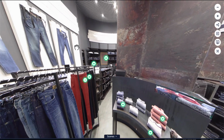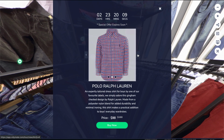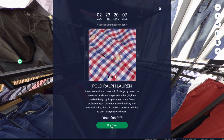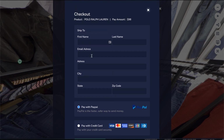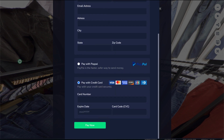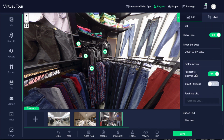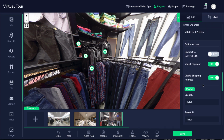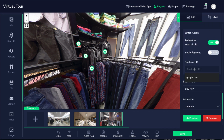Another mind blowing feature is a live e-commerce store. Yes, now your visitors will not just see your merchandise, they can even place the order right inside your 360 video tours. Simply integrate your PayPal, your Stripe, or Paystack and process the payment in seconds. You could also use the URL option to link to other payment platforms and affiliate programs to sell affiliate products